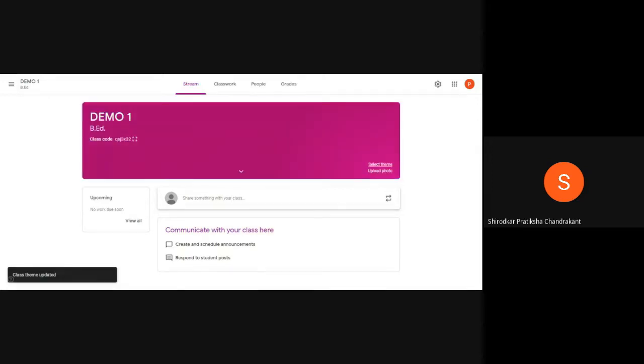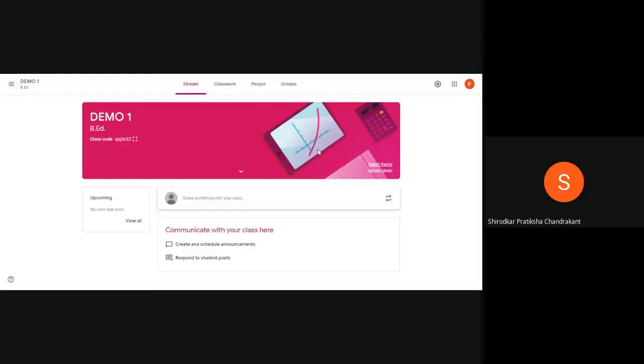Okay, so I have selected the class theme. So as you can see here, the theme is getting loaded. And here the theme is changed from blue to pink. Now say suppose you